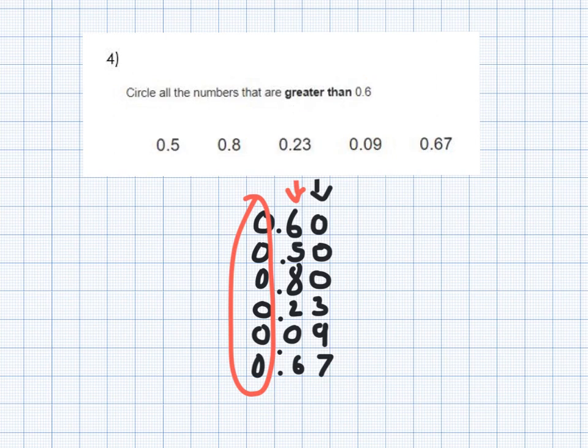I'll do the first one. So I look at them here and I think, right, well, greater than 0.6, 0.5, well, 0.5 can't be greater than 0.6 because 5 is less than 6. So that one is not going